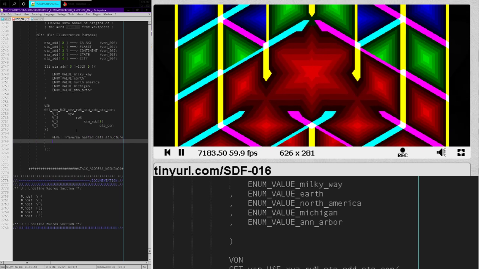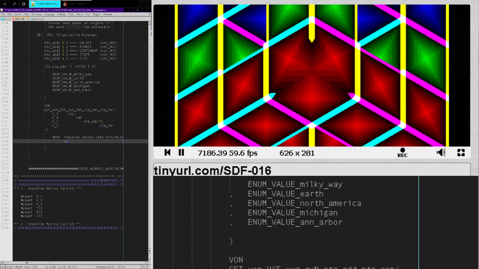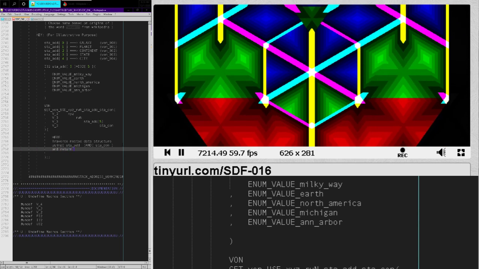Traverse nested data structure using stack address and sta con. I'd like that. Using and return